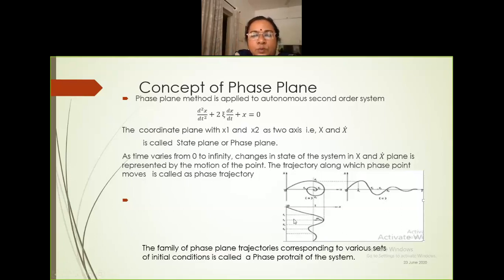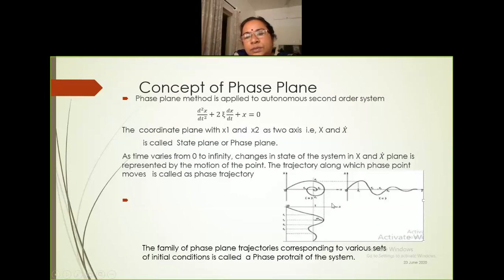Then at t2, what is the value at t2 over this diagram? This value, project back. Then at t2, what is the value? 0. So it is coming at this point only, along the axis 0. So that is t2. Then at t3, go for this x. This is the value at x3, that is at 0 only. So this is project back. Then here at t3, what is the value?